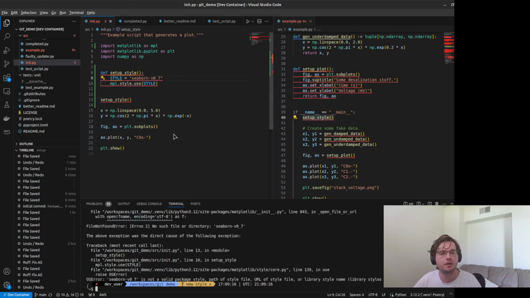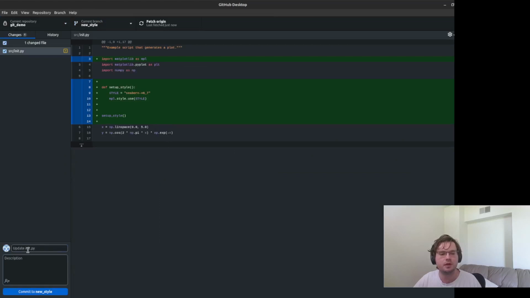So I would still want to commit this, and I would still want to push this up to GitHub. So what I would say is, started adding styles, not yet working. Because it's a pretty descriptive way of saying that if someone else wants to look at this, it doesn't work. It has an error, but it's still an interesting and useful state of the code.